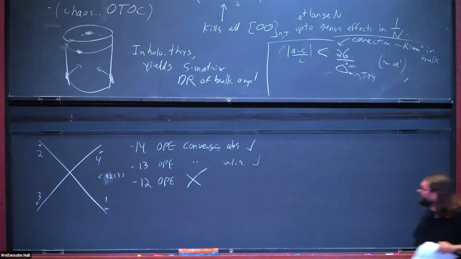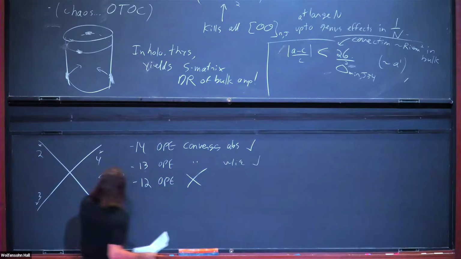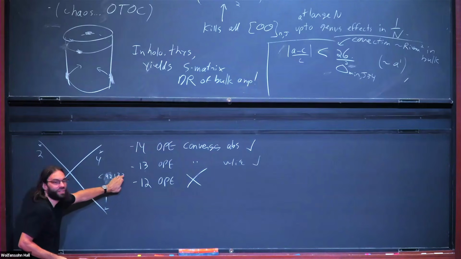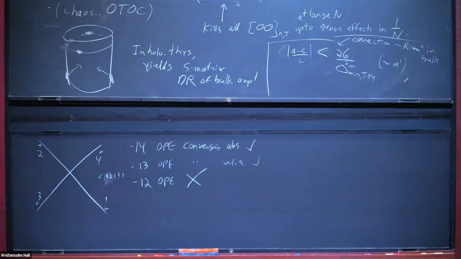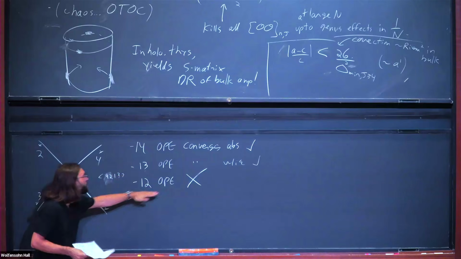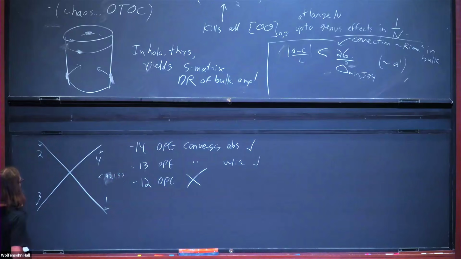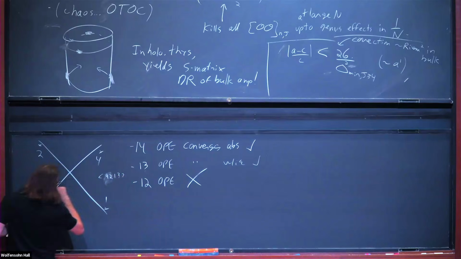Okay? There's no way you can move 1 and you cannot move 2 past 3 to have it next to the vacuum. So when you don't have 2 operators that act on the vacuum, the OPE is not justified. And you can actually look, and it's easy to see it does not converge, because in this limit,